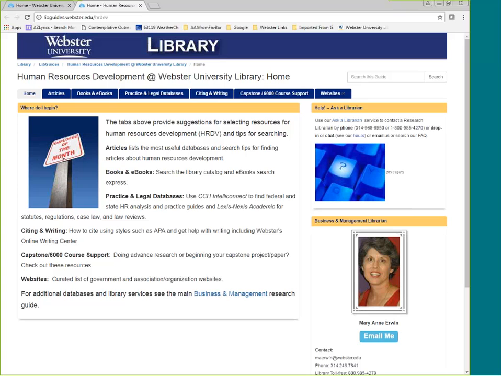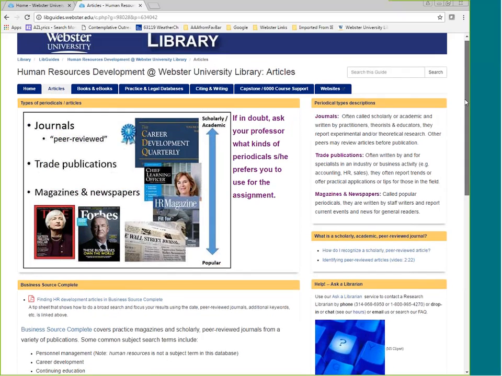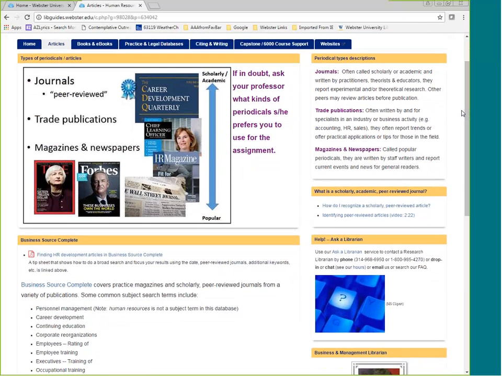So let's take a quick look at articles. So in addition to mediated lists of databases, what our research guides allow us to do is to provide upfront some more training information or just some information to help you to understand the way information is published.